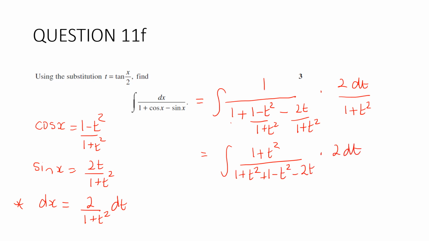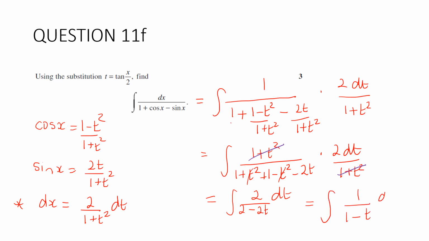2 dt on (1 plus t squared). All right, cancels, cancels. Equals. I'll leave the 2 there. I don't know what's going to happen on the bottom. What have we got here? That's gone. 2 minus 2t is equal to 1 on (1 minus t) dt,